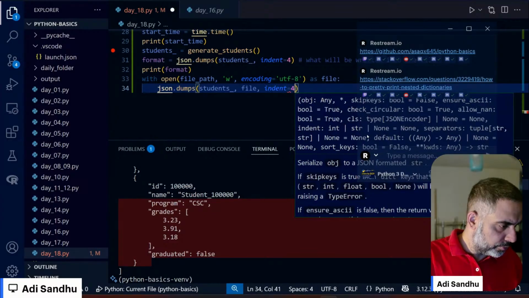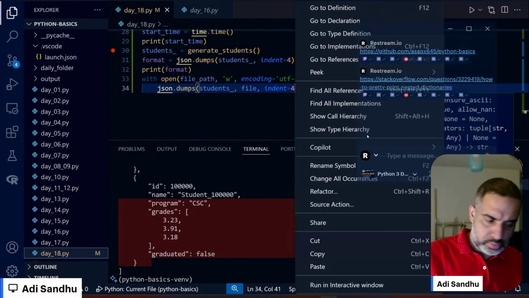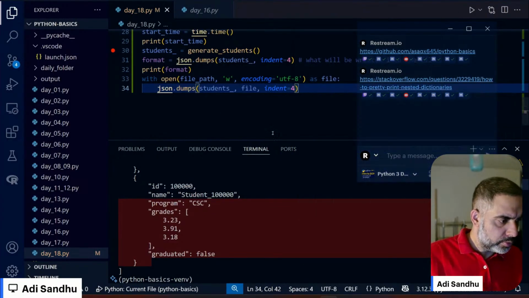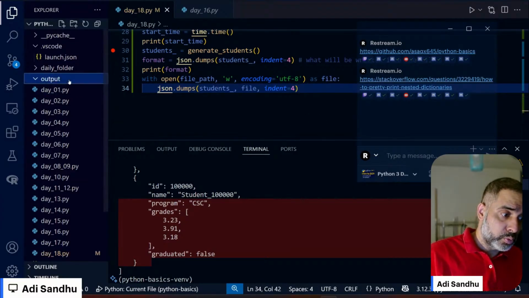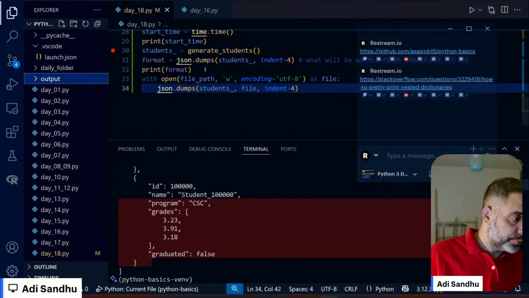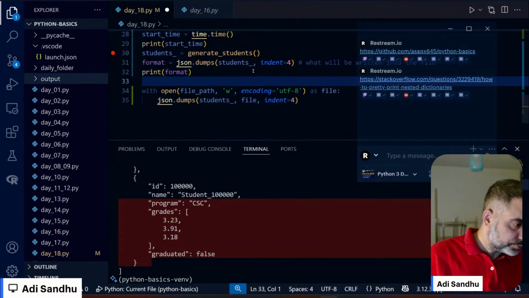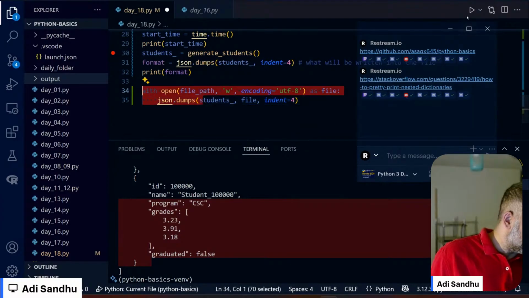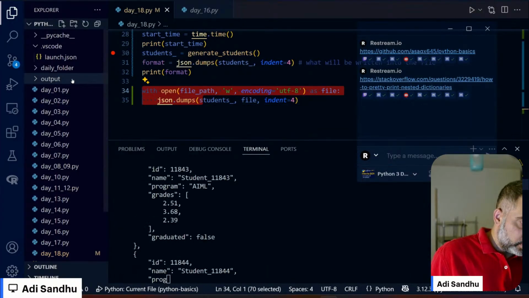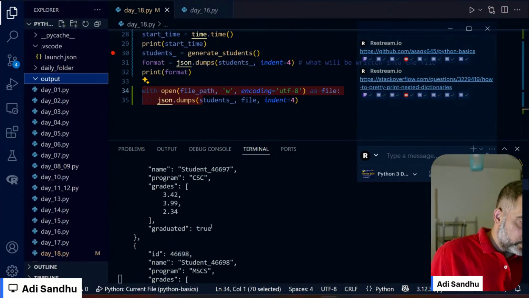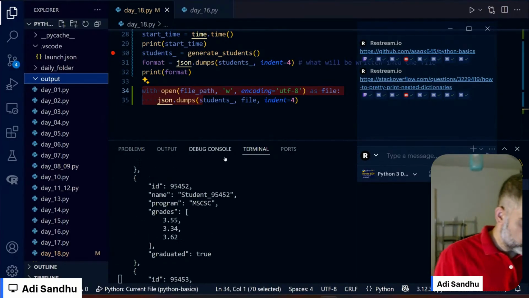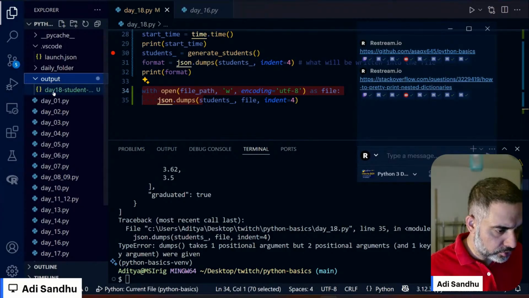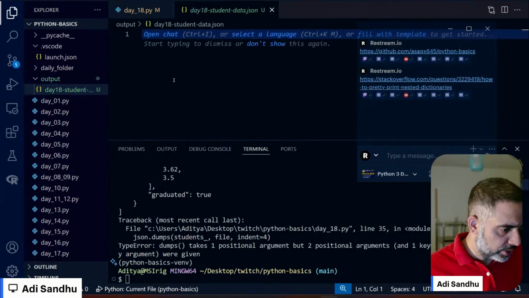Indent is equal to 4. Nothing there. We did not use format. We just used this method, json.dumps, again inside the file writer. It has put everything on the console. It hasn't gotten to the point yet. There's the file, and it has nothing in it